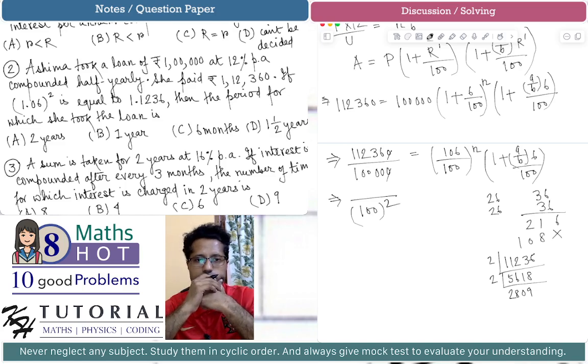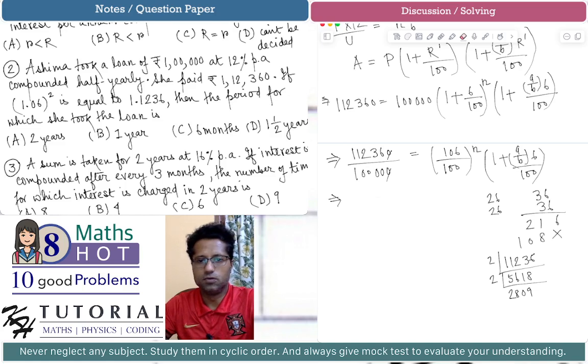1.06 square is equal to 1.1236. Okay, so it is given that 1.06 square is equal to 1.1236. Now the left hand side is basically, we can see that the left hand side is